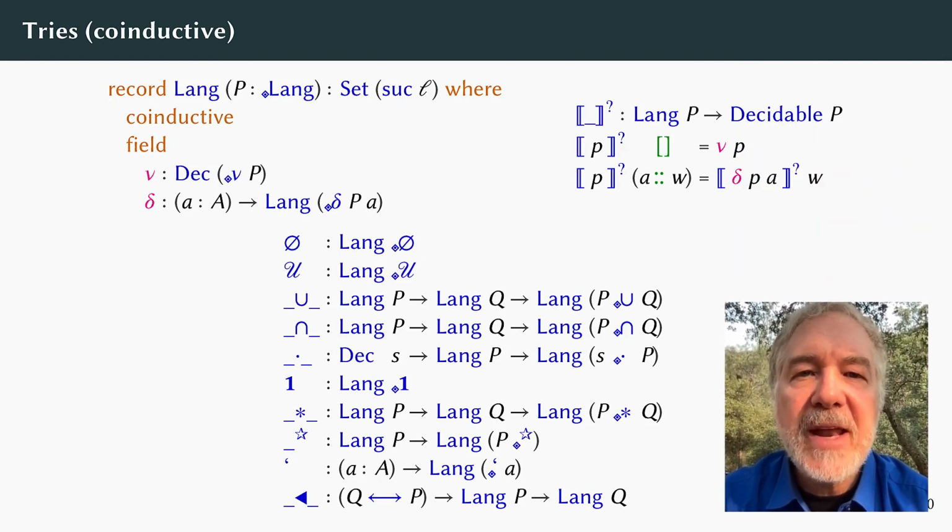Applying the second strategy to languages leads instead to a co-inductive type of tries, which is an exact dual to the inductive structure of regular expressions. The language operations are now defined functions instead of constructors, while nu and delta are now selectors instead of defined functions. Again, correctness of parsing is guaranteed by the types, so any definitions that type check will suffice.